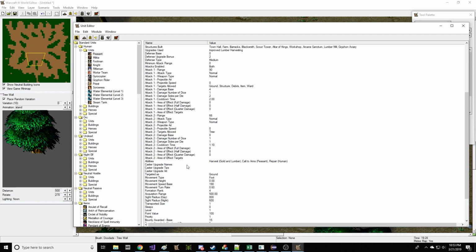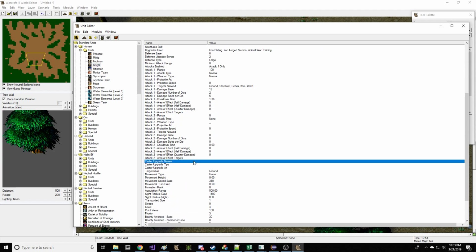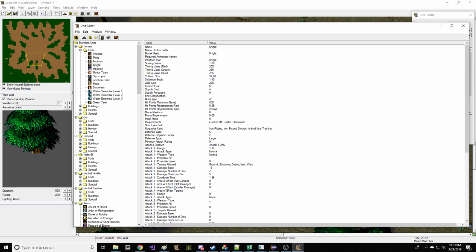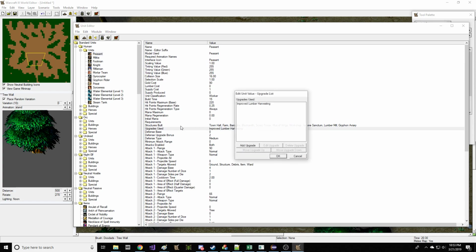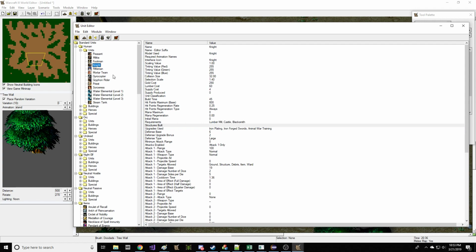And also, many units have fields that other units don't. For example, the peasant has abilities because he needs to be able to repair, but the knight doesn't have any abilities, so he doesn't have the abilities field. You cannot modify a knight to make a peasant because you can't give him any abilities. I think in just the same way, the peasant probably has structures built, but I wouldn't be surprised if the knight didn't. I really don't remember. Okay, the knight does. So I guess there are some fields like structures built that all the units would have,